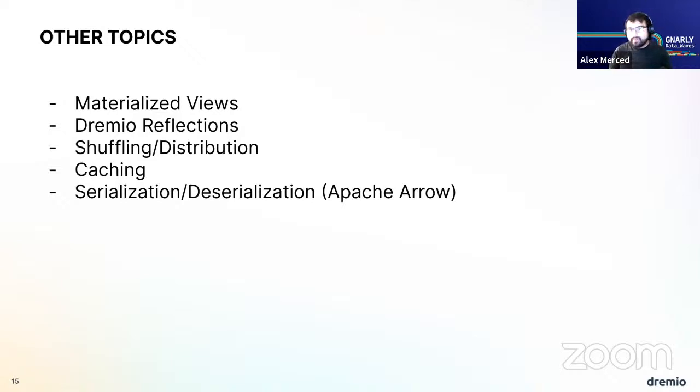This is where Apache Arrow really comes in and saves the day. Dremio is built from top to bottom with Apache Arrow in mind, and there are a lot of tools nowadays, like DataFusion, that are incorporating Apache Arrow all over the place. The benefit is that the way the data is represented in memory is very similar to the way your data is formatted in a Parquet file. So the actual loading from a Parquet file to Arrow in memory has very minimal cost, because it's almost structured the same way.